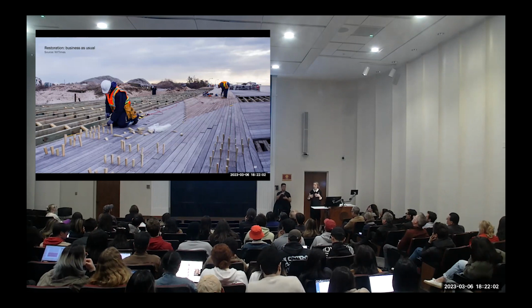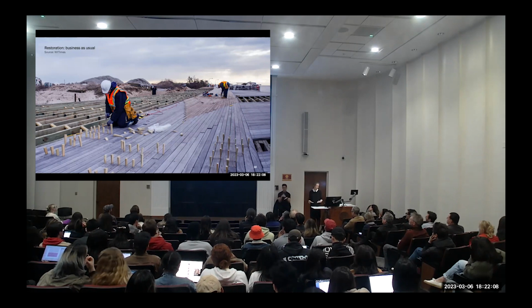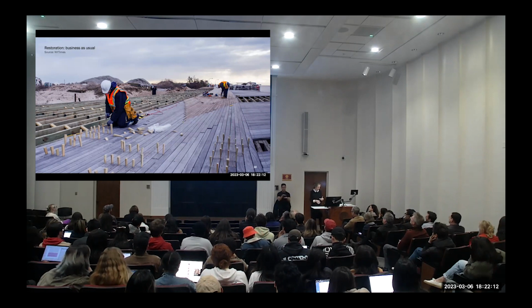So basically, they didn't do any kind of mitigation scheme, or they didn't really think that this storm might happen again. They just rebuilt the boardwalk and got the finances to do that. But of course, that is a disaster waiting to happen again. Or in